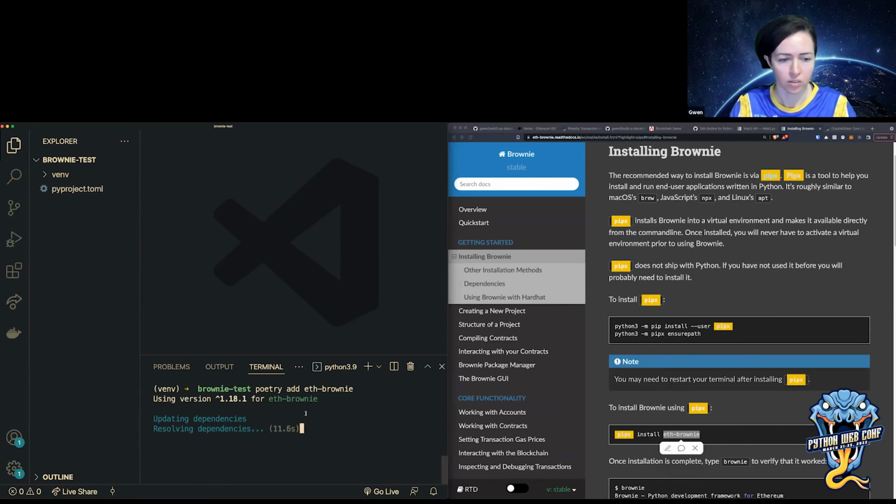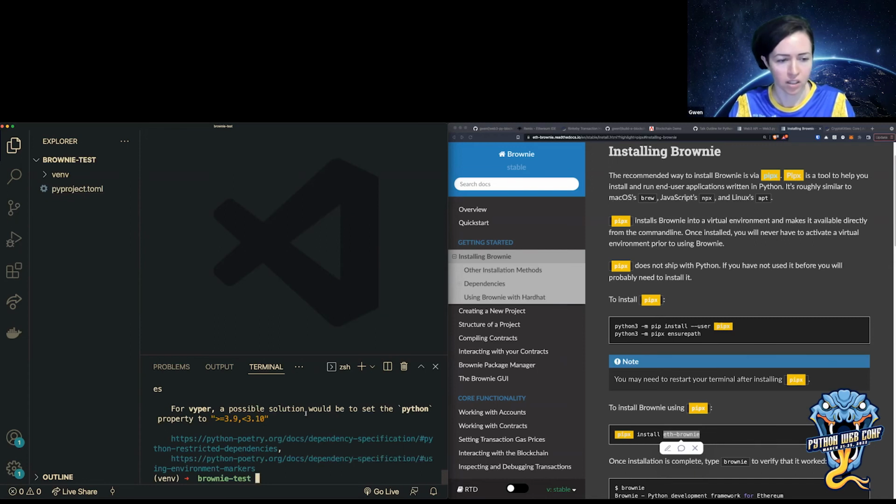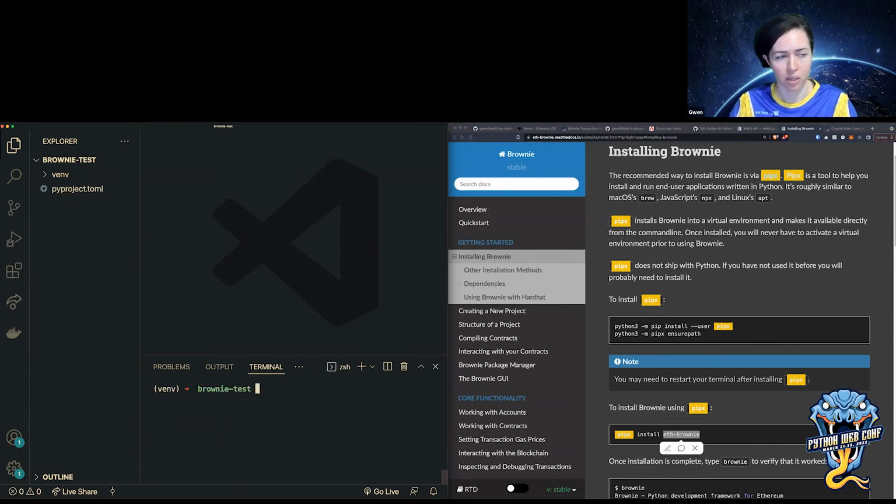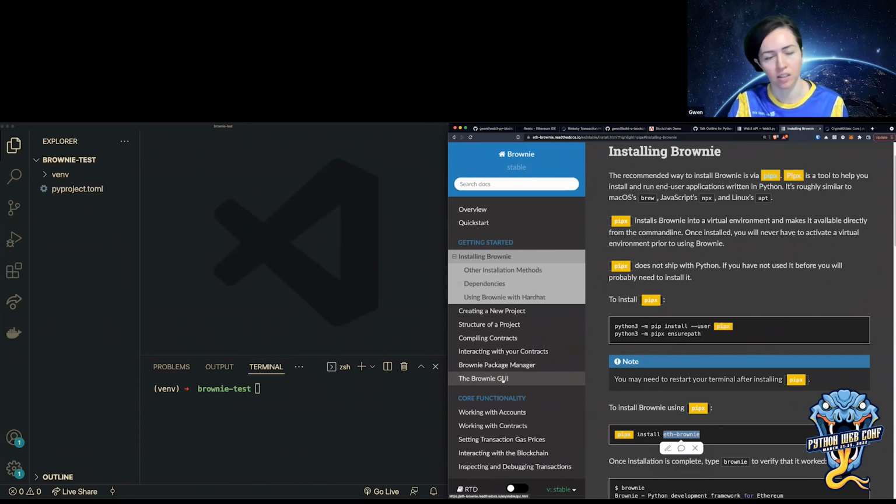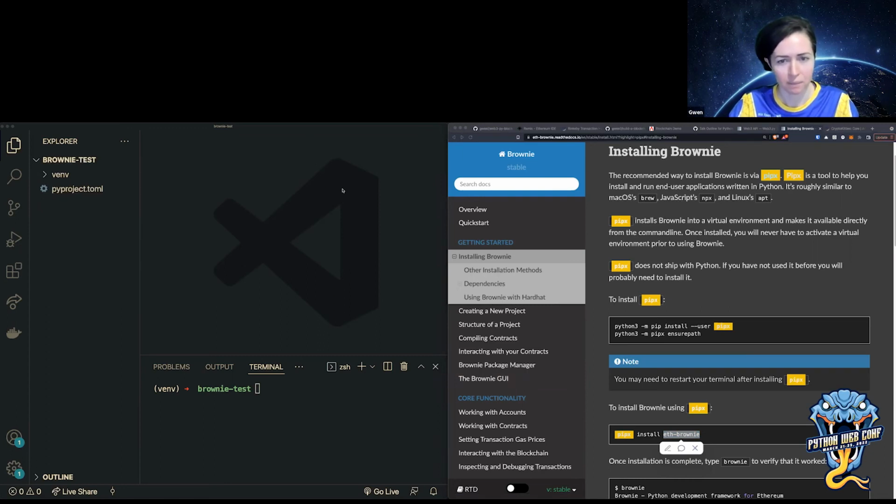Brownie gives me a lot of features for developing these applications. You can see in the docs, there's a ton of different things. It has its own package manager. There's a GUI where you can view reports from plugins and code coverage and things like that. There's a console. It has good debugging features. You can use PyTest, and there are a lot of tests that you can run with Brownie. It has a built-in way of running PyTest tests.